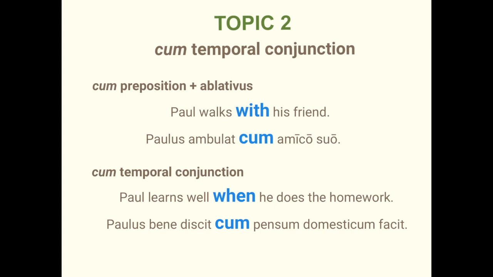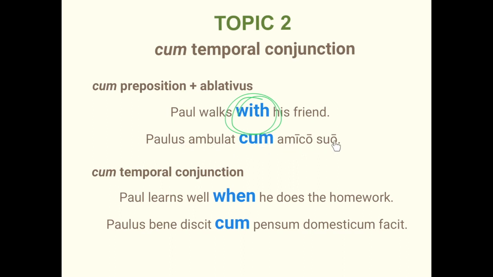On to topic number 2, cum temporal conjunction. We're already very comfortable with the idea of using cum as a preposition with the ablative case to express the idea of being with someone. So, for example, when we want to say Paul walks with his friend, we would simply say Paulus ambulat cum